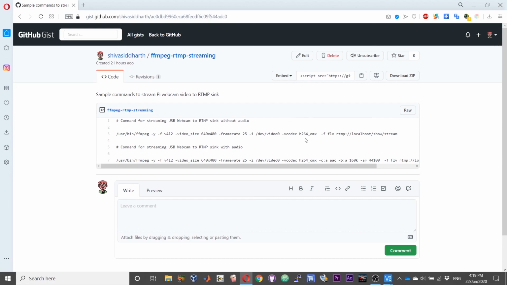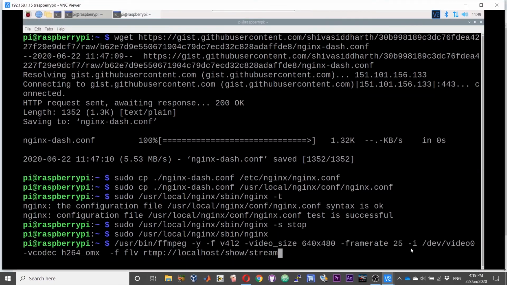The command which uses the audio is kind of wishy-washy. It is a can of worms, to be precise. So use the one without audio, copy that and paste it in the terminal. Okay, so after that press enter.